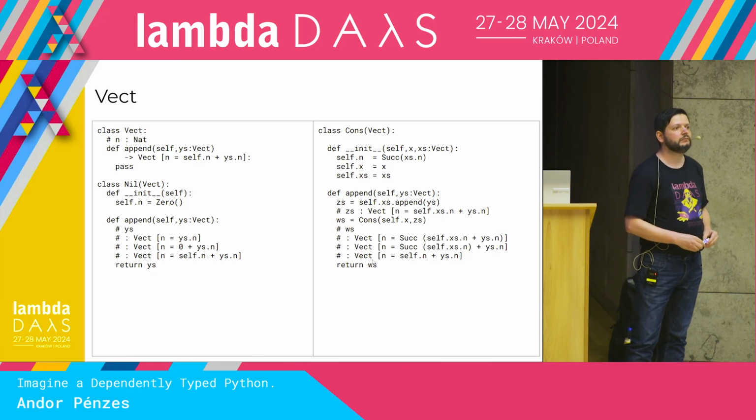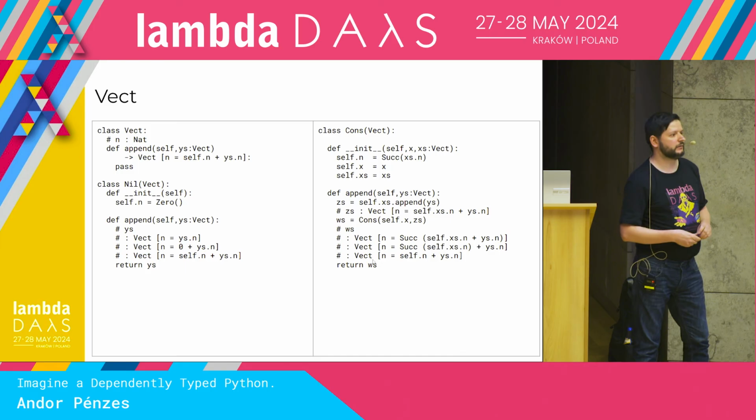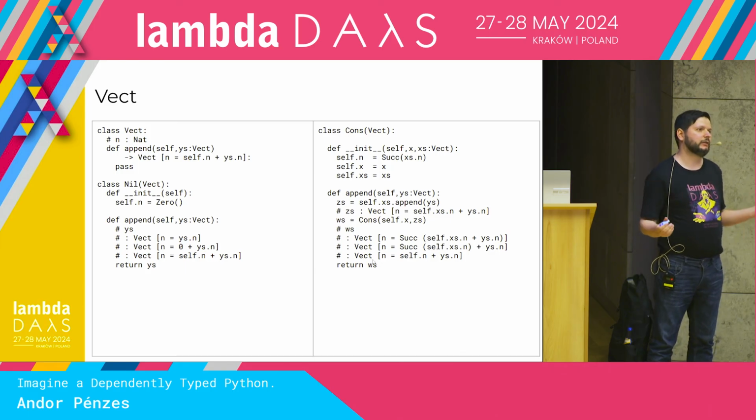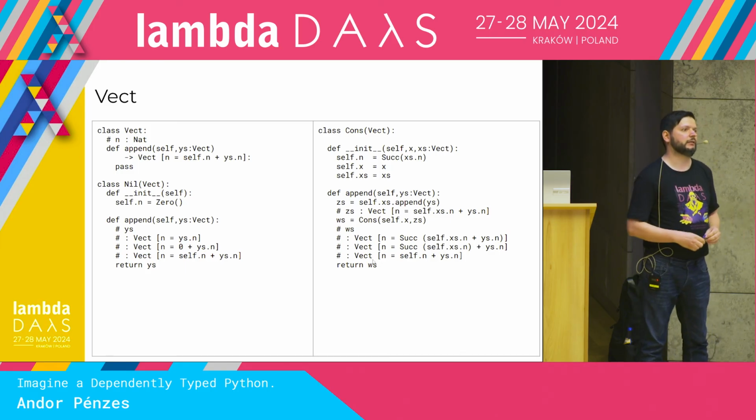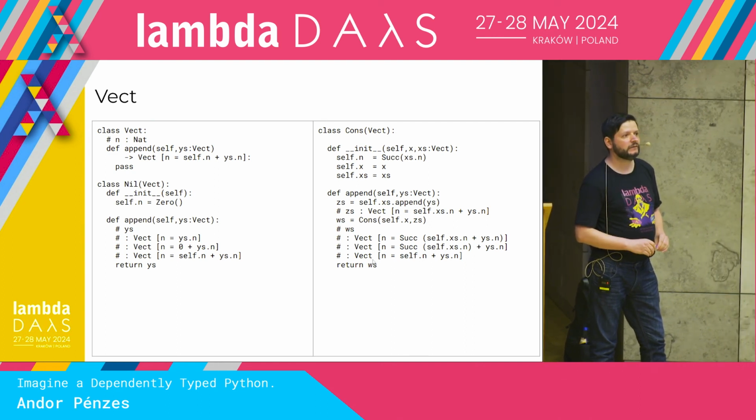So do you have to actually write types also for this runtime checking, or? So that's a discussion. We are still undecided how to go. That's why I call this talk Imagine, because we are still imagining this system. Okay, because I imagine this would be faster if you have a proof. Yes. But you can check it exactly on the object that the length corresponds. Okay, thank you.